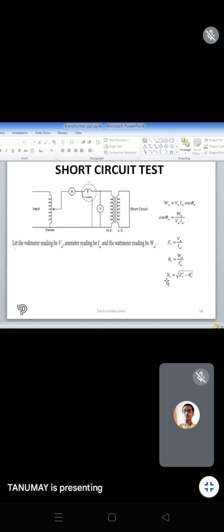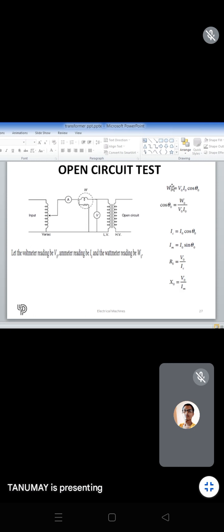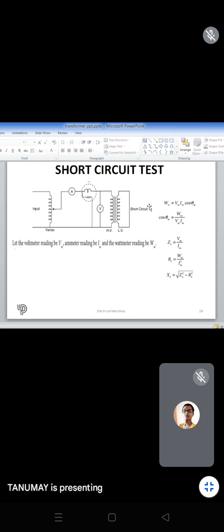So you can realize we have got different transformer parameters, or equivalent circuit parameters, from this short circuit test. In this way we can find out different losses. But how will we get the loss? Here WSC is the loss, that is the copper loss. In the previous case, this is the core loss, W0. So from the short circuit test and open circuit test, you can find out the losses of the transformer, and similarly its circuit parameters, right?